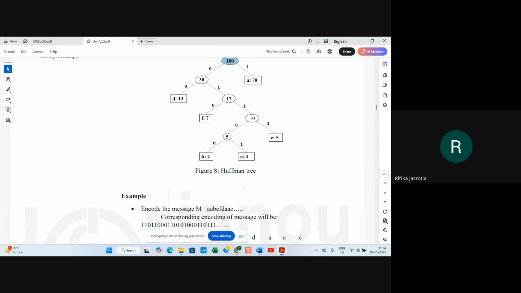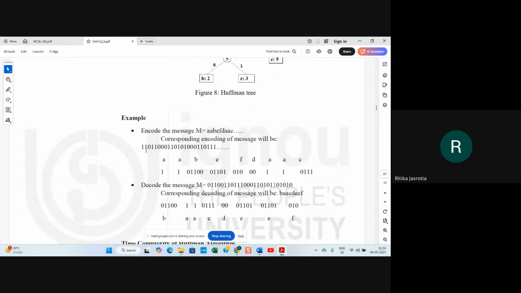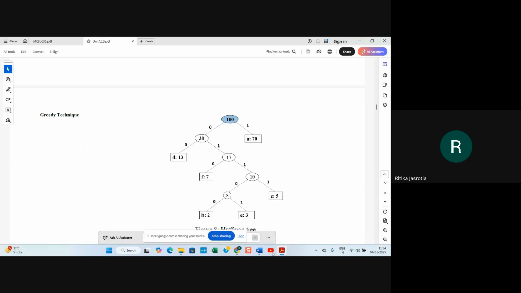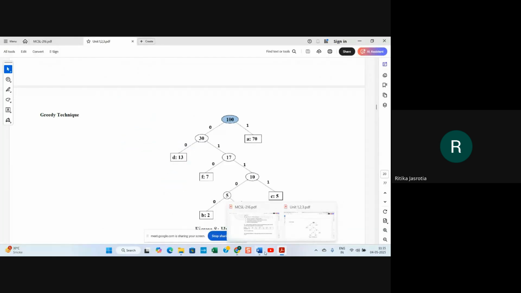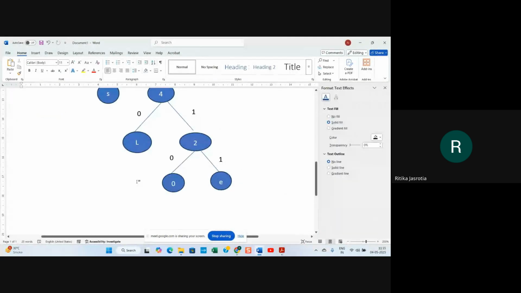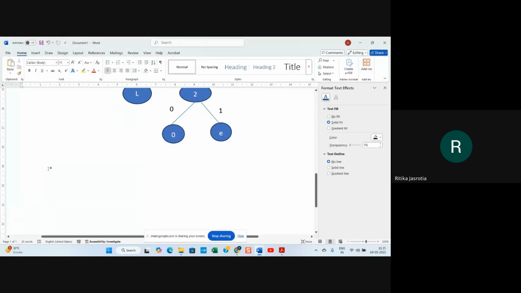So if we calculate the encoding of the message M A B E F D A C C, the corresponding encoding message will be, according to how your message is there, you have to keep your codes there. So your message was lossless, right? So we will keep here. I'm just giving you S is 0,